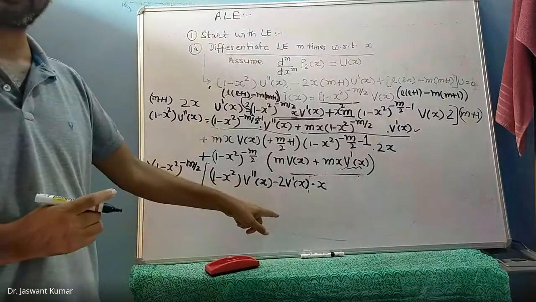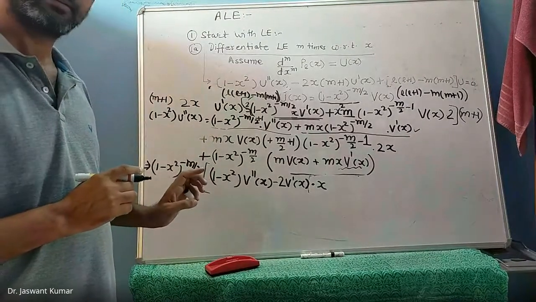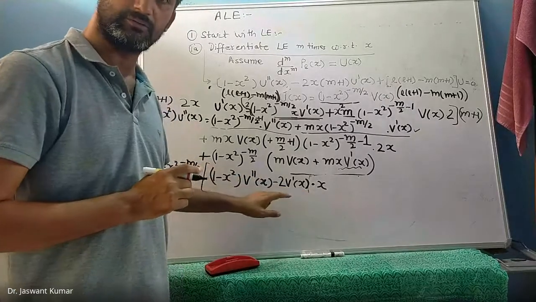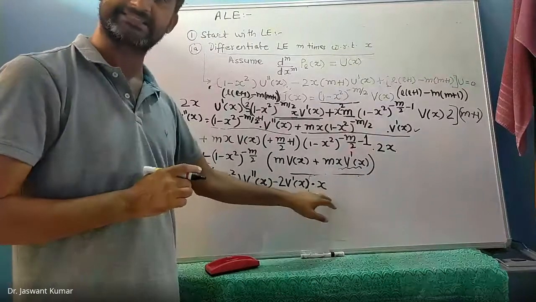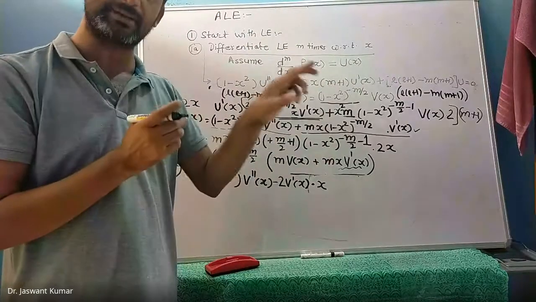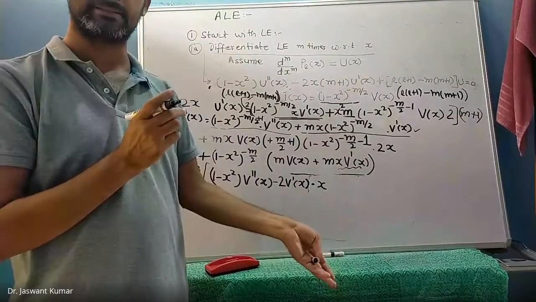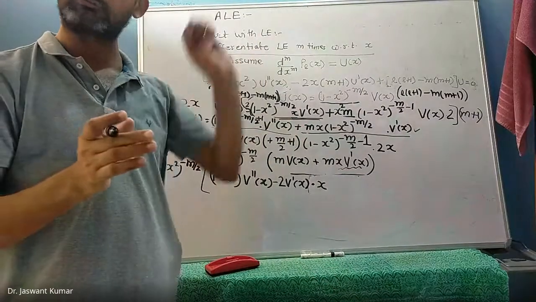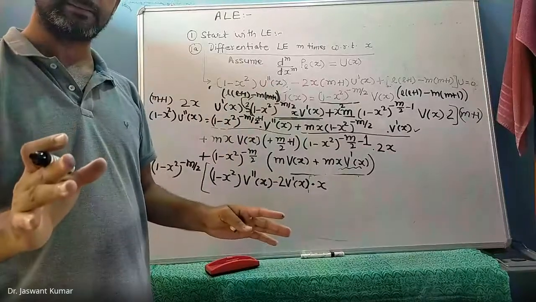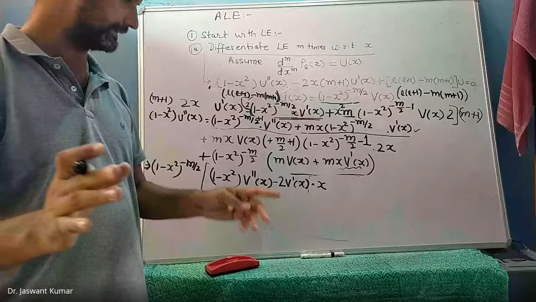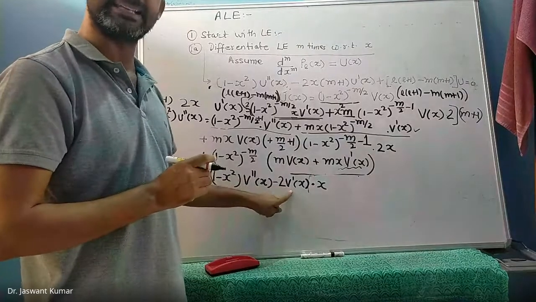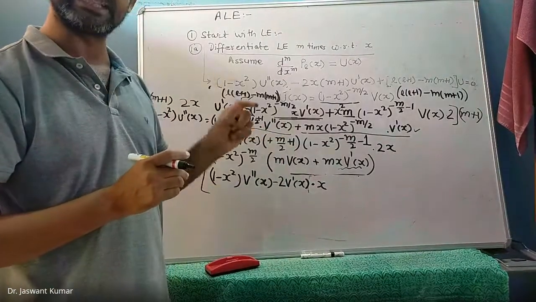Okay, how many of you do not understand this? Is this all right with all of you? 2x is the extra term, because there was one term which was plus 2mx, there was another term which was minus 2mx. They combined and got washed away. The remaining term is 2x v dash x. Happy? Yes, sir. So now we have taken care of the v double dash x term. We have taken care of the v dash term. Now the only term that is remaining is v of x.